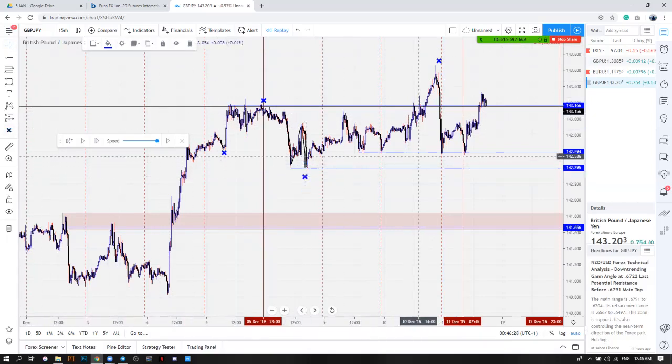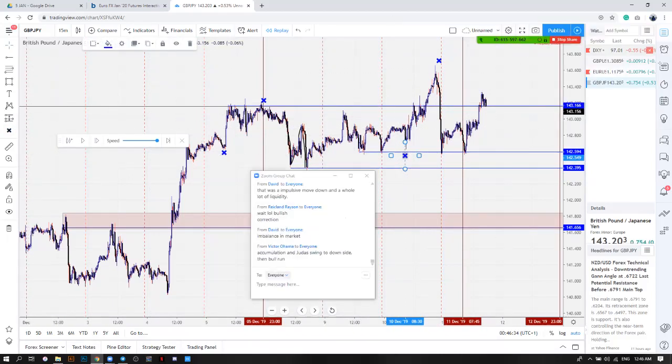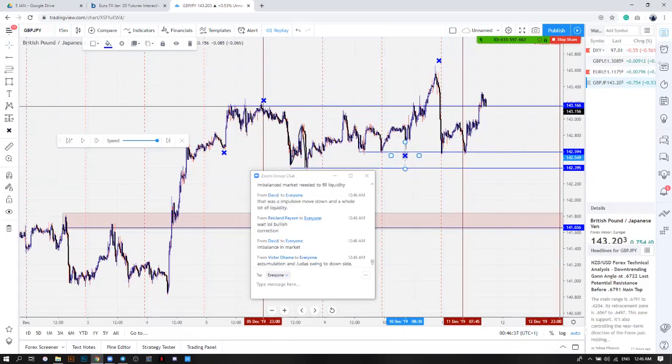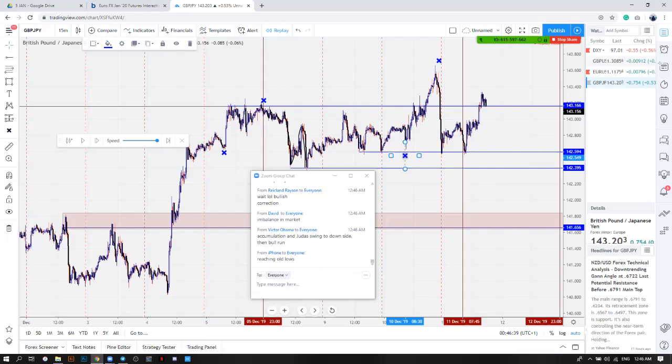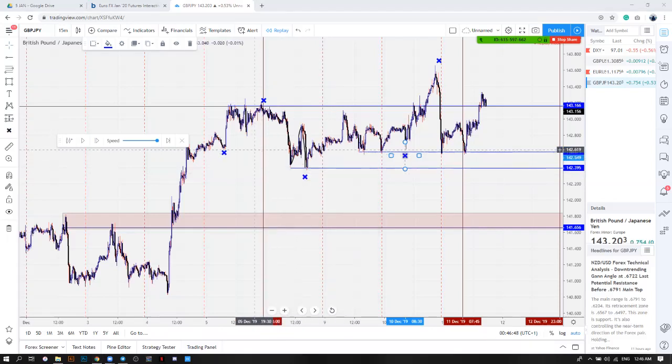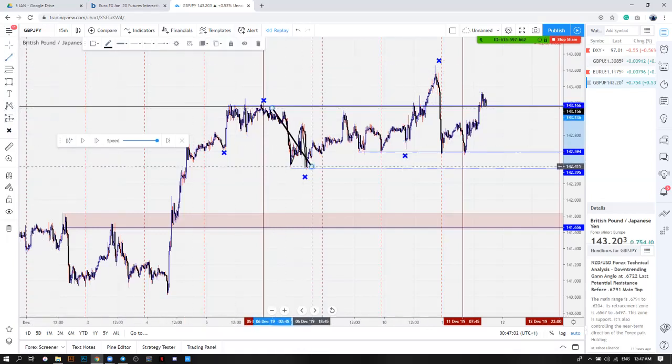Is the market going up or going down? Simple. Reaching for old lows. Okay, up. The market is clearly going up. It's obvious. Old highs get taken out, higher swing lows, and you're expecting a bullish week. I don't know why this is not obvious to you guys. It's supposed to be clear.